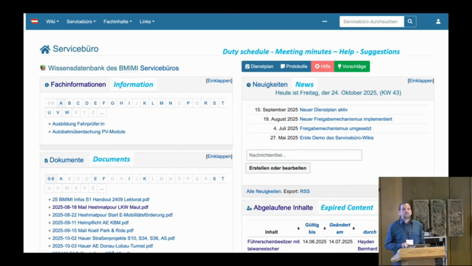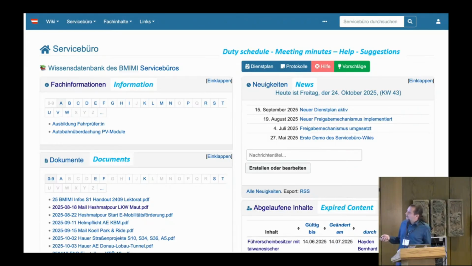It looks quite familiar to some of you because it uses the chameleon skin. It's a responsive skin with the Bootstrap framework, so no big fancy web design, just a straightforward chameleon. I did some translations here, so you have here the information. So actually this is the main part, the wiki pages holding various information from all of these aspects where the ministry is in charge. You have documents.